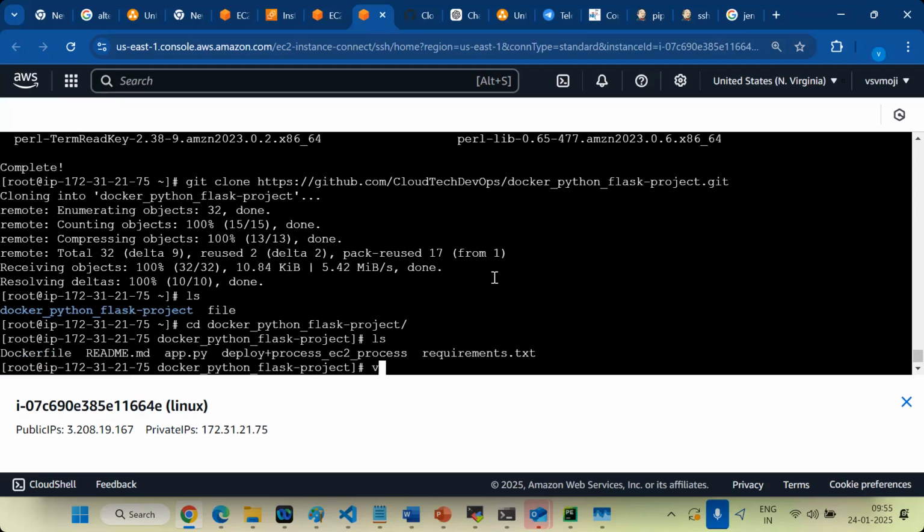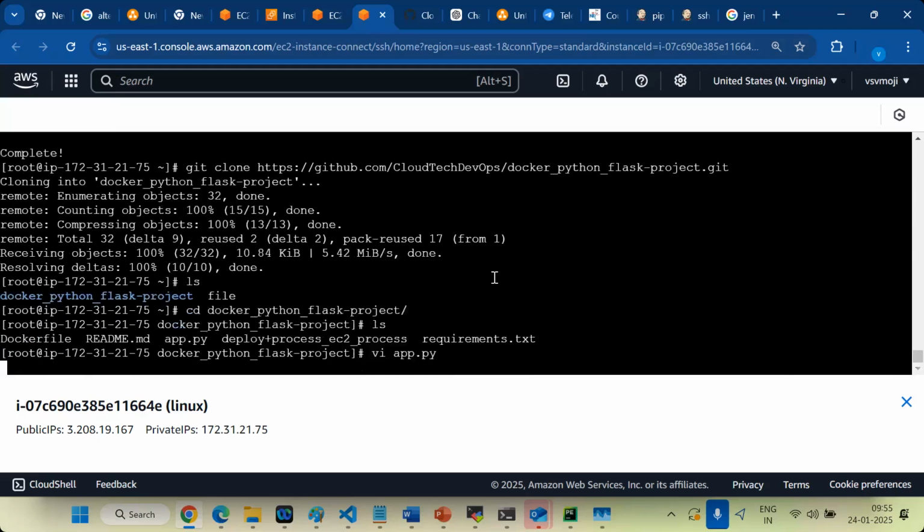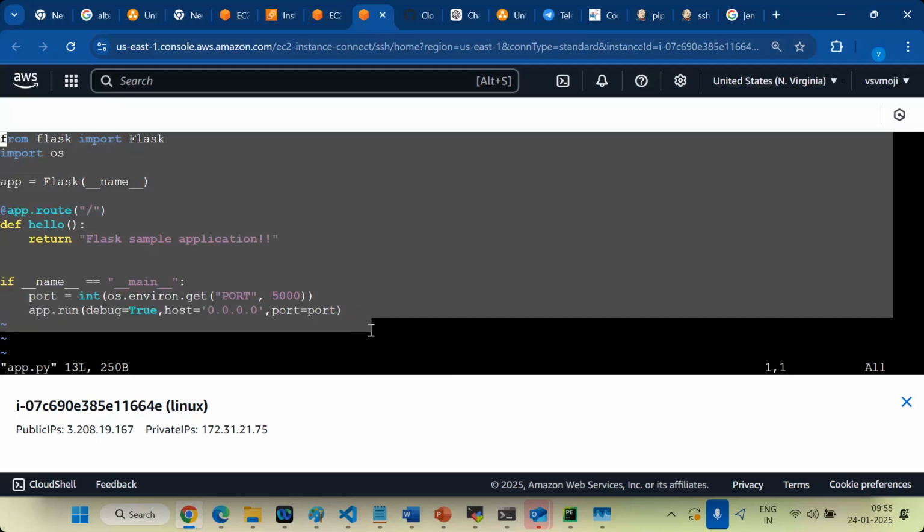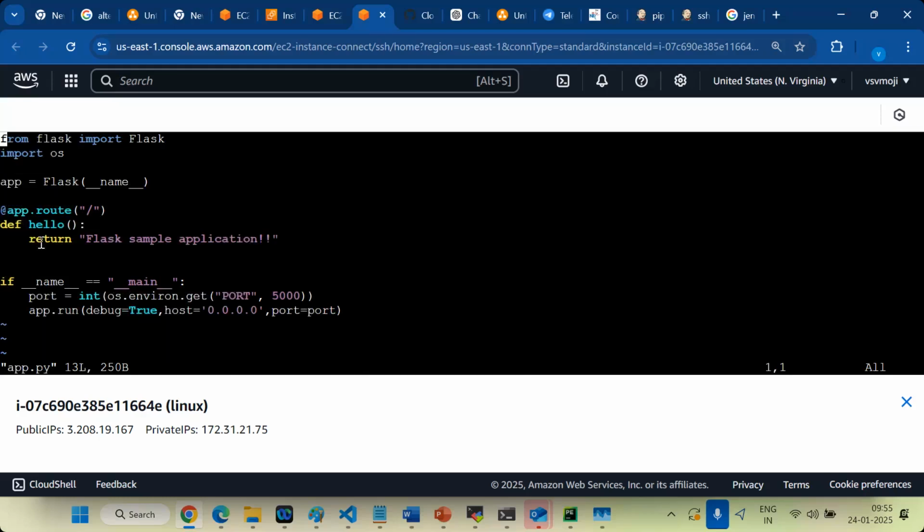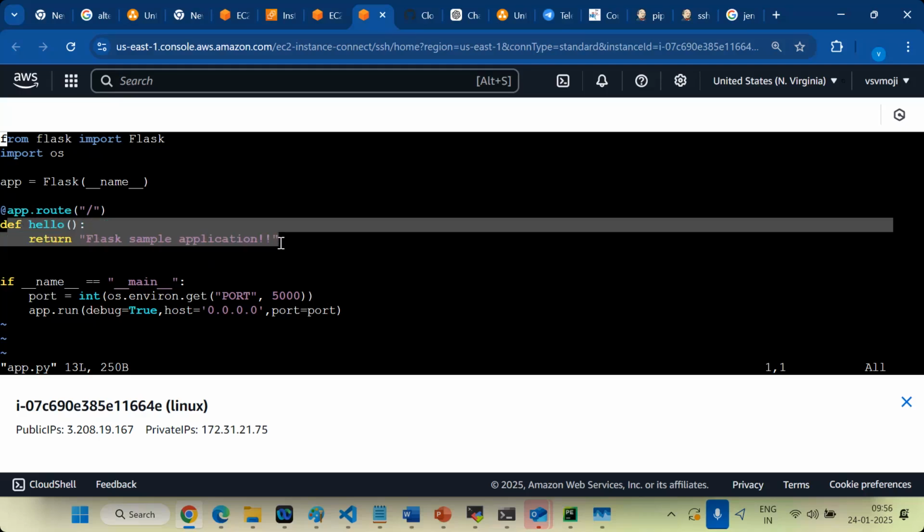How to read this file now? Use cat or vi. If you want to do modification, go for vi. Just to read only, cat. Okay. You can see a better view here. What is the response? Flask sample application. If I run this code, I will get a response: Flask sample application returned. See, a return method.